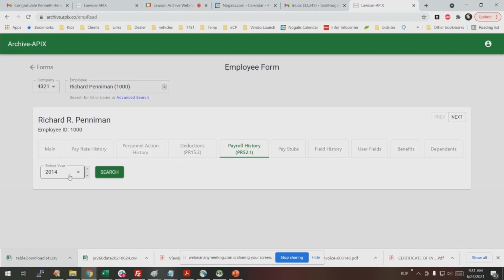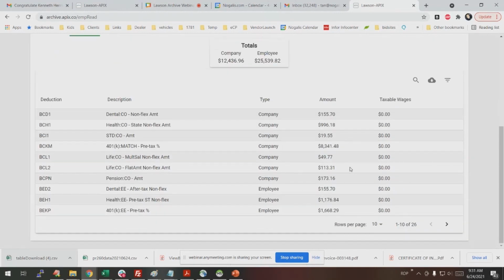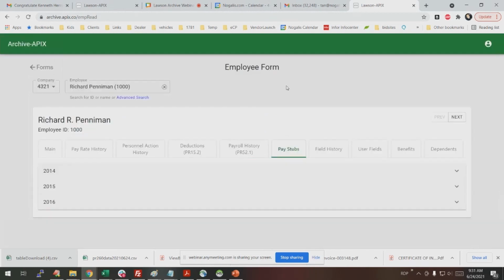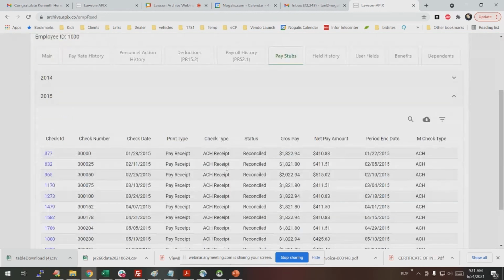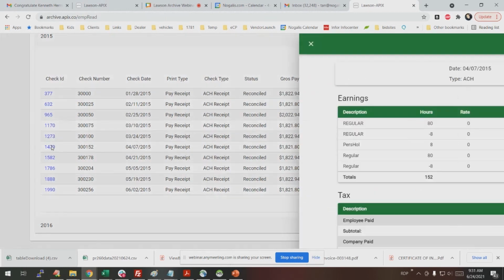Payroll history information. It'll only show you the payroll years for this employee that are available, so you don't have to guess. Let's say I pick 2015. This is the summary for wages and the summary for the deductions for that employee. And one thing that you're going to see here that I'm sure you haven't seen anywhere before is a real pay stub. So in 2015, I can expand and click on any of the pay stubs for this employee,